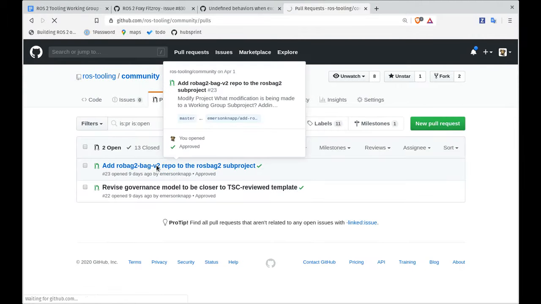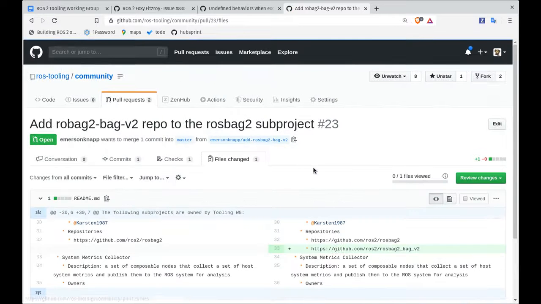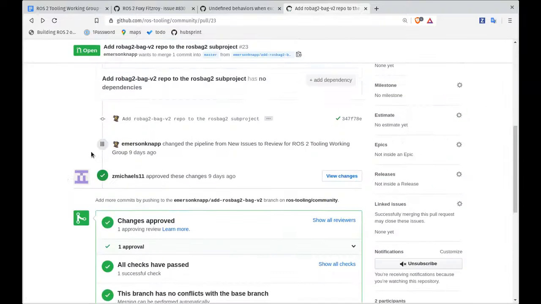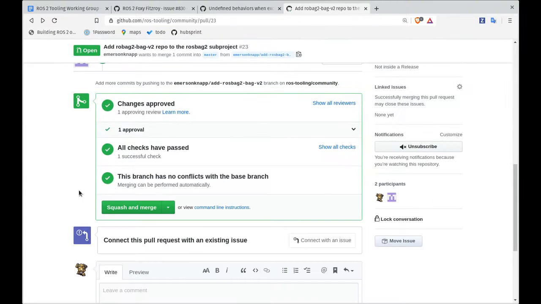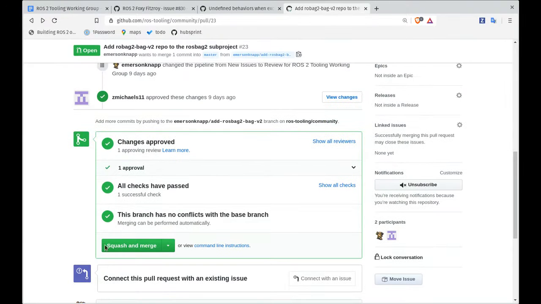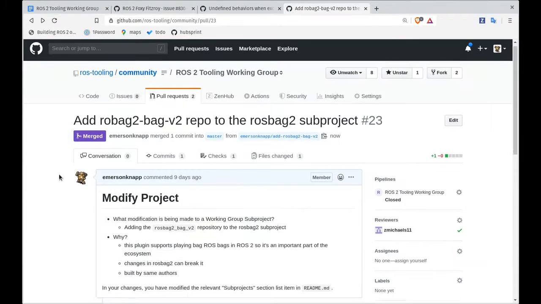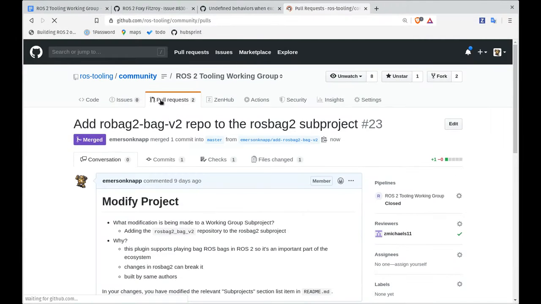The other thing is also a small one, which adds a single line, which is just adding this ROS1 bag reader plugin to the ROS bag 2 project. So again, unless there's any concern, I'm just going to merge that because I got a sign-off here, so it meets the requirements set by the GitHub stuff. And then the last one, which I'd like folks to take a look at in more detail before I merge,